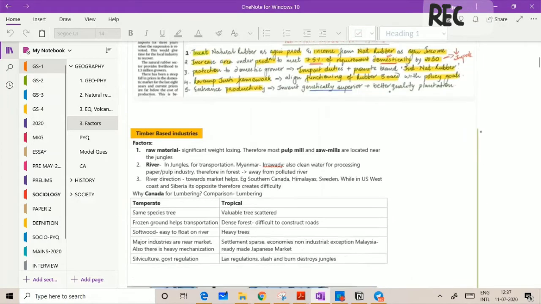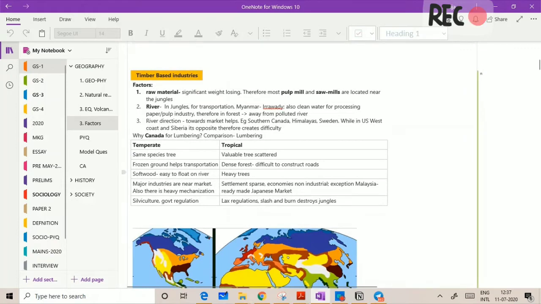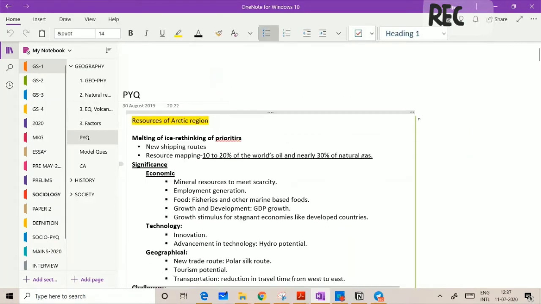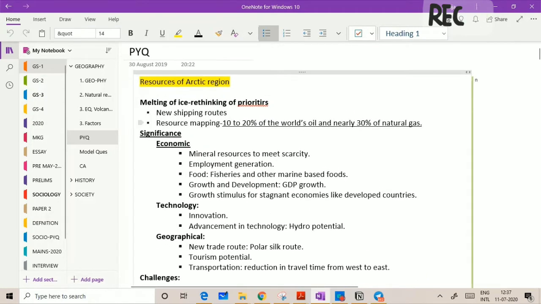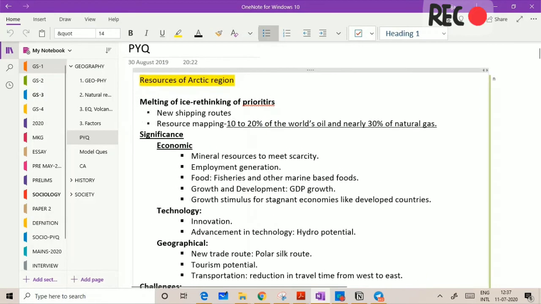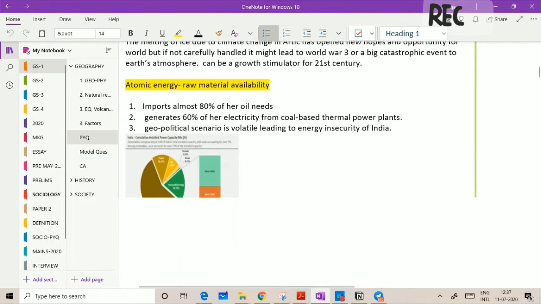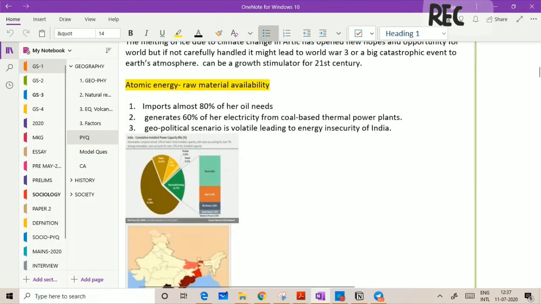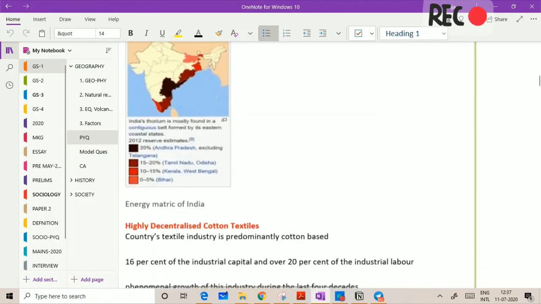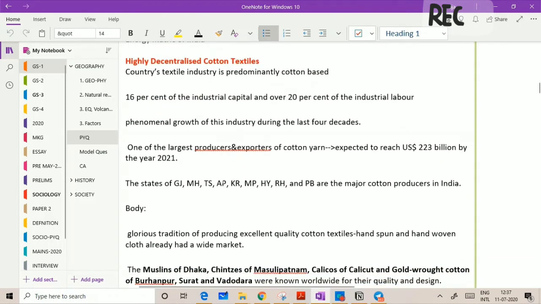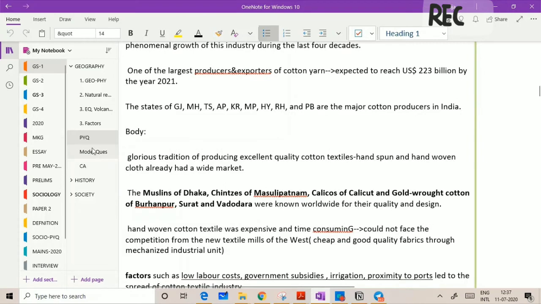Here I have made timber based industries, factors of location. And in previous year questions, I have made a rough model answer, and how we have to cover different angles, and added a few data charts, and also Indian maps and other related content.